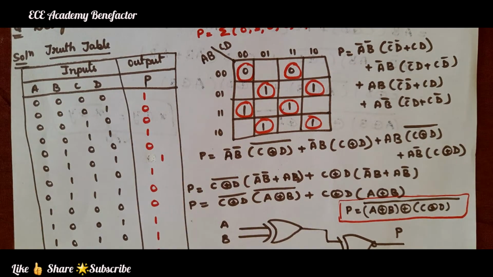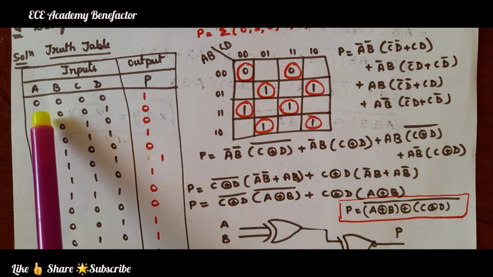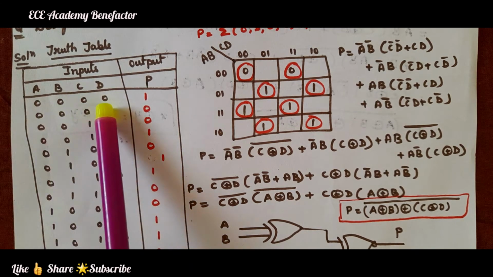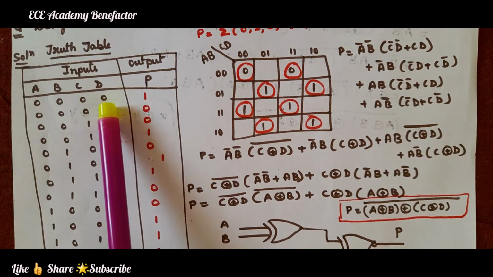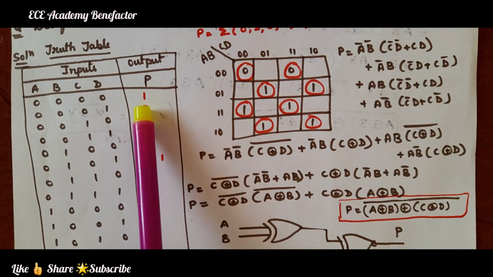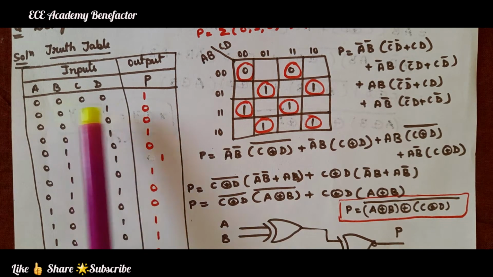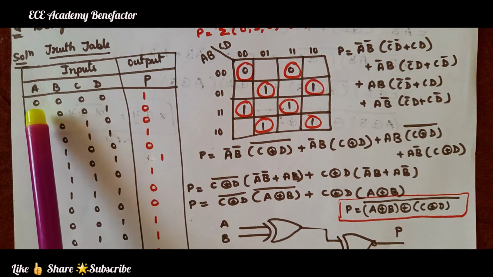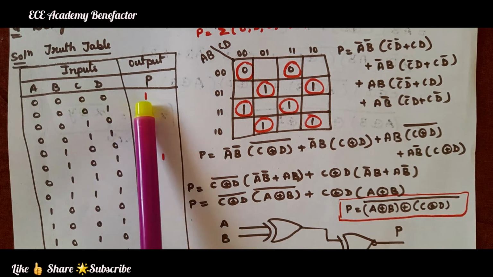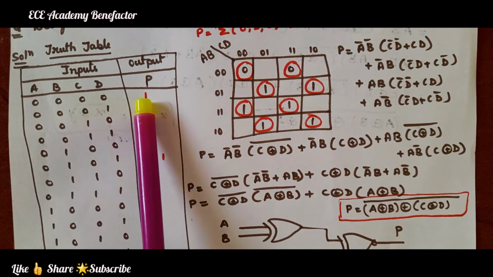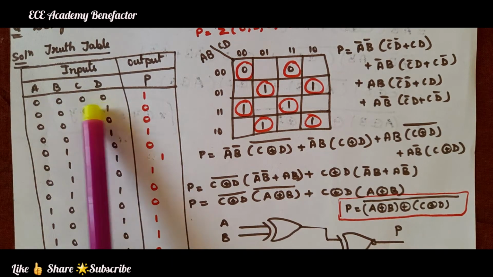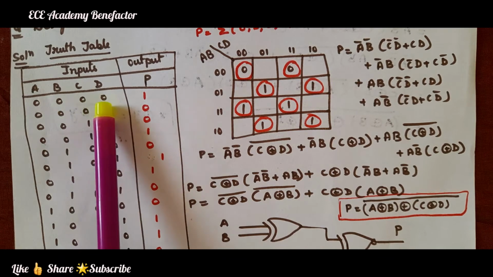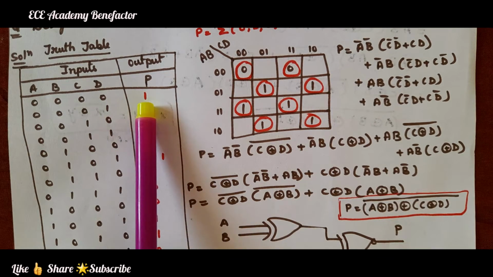What is an odd parity bit generator doing? It will check the number of ones in the total message. If an odd number of ones are present, the parity will be 0. If an even number of ones are present, the parity will be set to 1. That means the bits with parity should have an odd number of ones. So, in this case, if you see 4 zeros, how many ones are there? No ones. So, we need to generate an odd parity. So, the parity bit is 1.